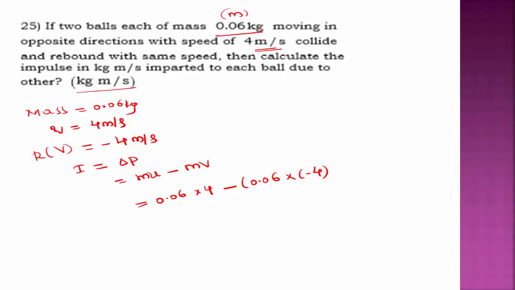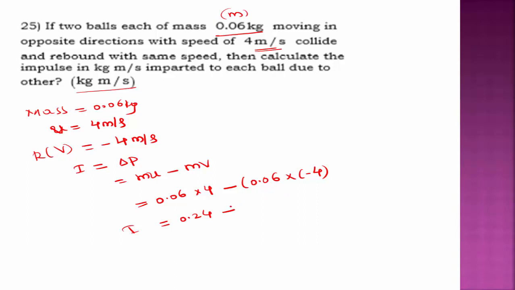The initial momentum can also be taken as u, and this is v. Here the change in momentum I is equal to 0.06 into 4, that is 0.24, minus 0.06 into minus 4,